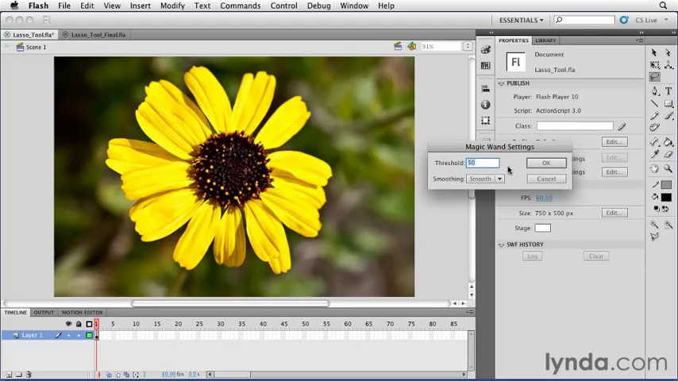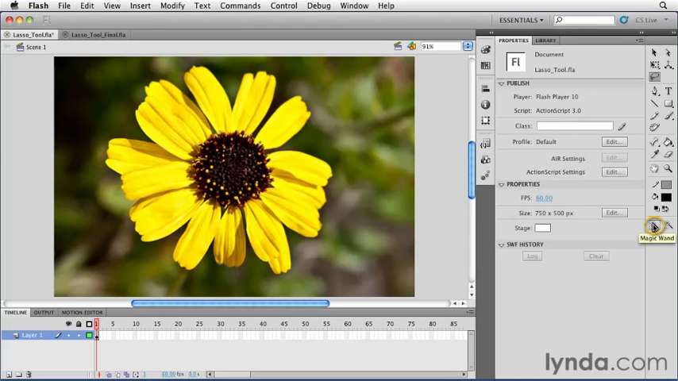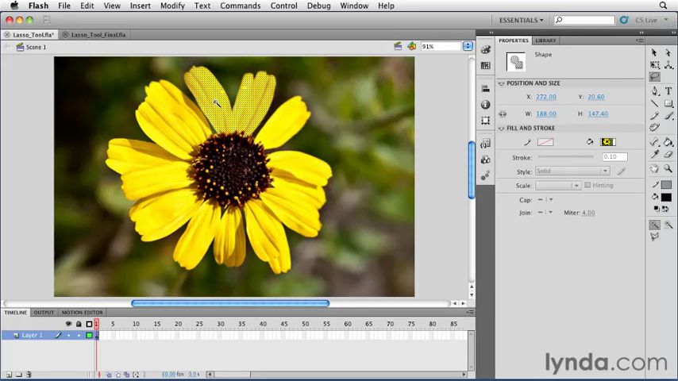The Magic Wand allows you to click a color inside of a bitmap shape to select all contiguous colors. Now, of course, this setting isn't perfect, but you can customize it using the threshold and smoothing options. So I'm going to leave the threshold at 50 and leave the smoothing at smooth. You can come back and change these if you want to experiment more with the Magic Wand tool. But I'm going to click OK, and then I'm going to click the button to turn on Magic Wand mode in the toolbar. So I'm going to click one of the petals and watch how Flash selects it